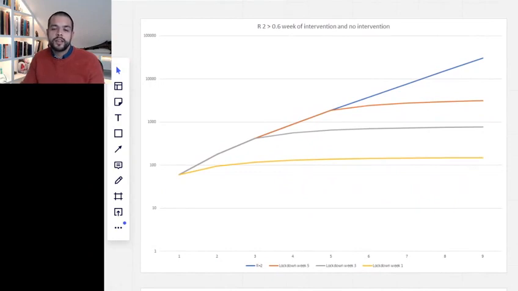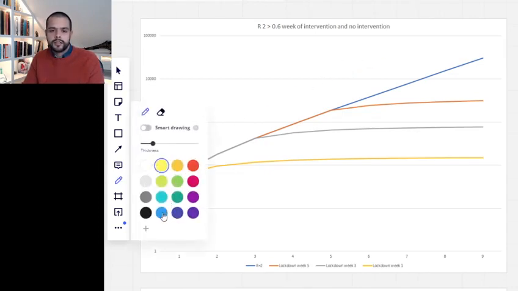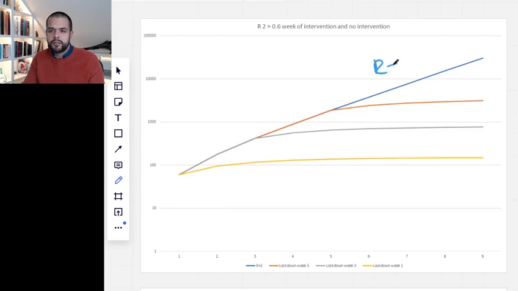So this is just a hypothetical scenario, again, kind of illustrating what I was saying before. Along this top line is an R of 2, because I haven't wanted to make the numbers too big. Let's make the colours match. So again, the top line now is an R of 2. You can see deaths keep rising. Now at some point, if you intervene and you modify the R so it drops to 0.6, which is essentially